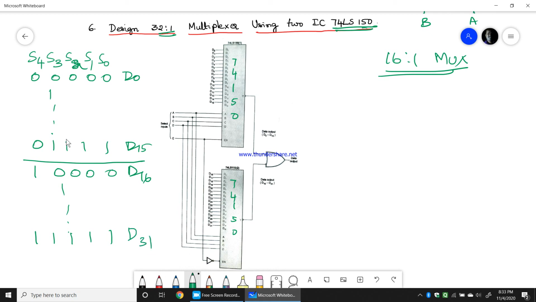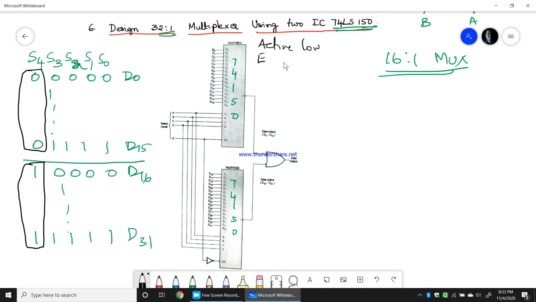Now if you clearly observe, S4 remains 0 for the first 16 values, and S4 is 1 for the next 16 values. Both 74150s have an active low enable pin, so I will use S4 as the enable.